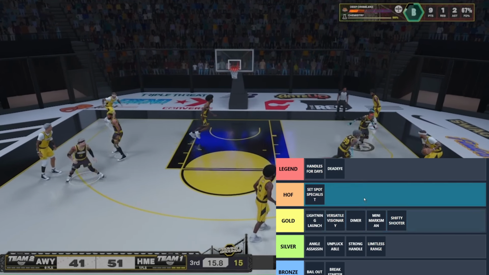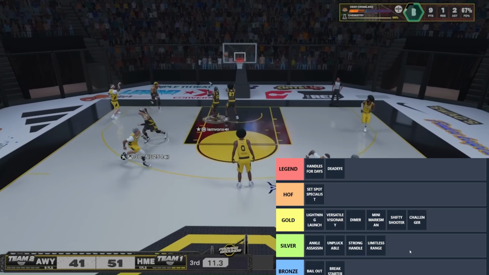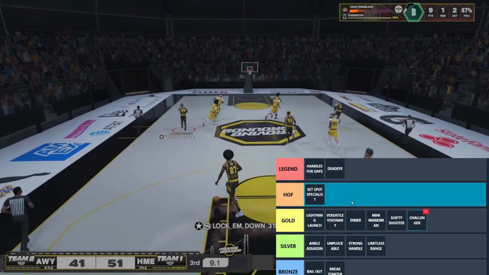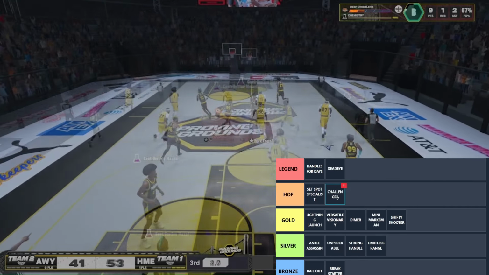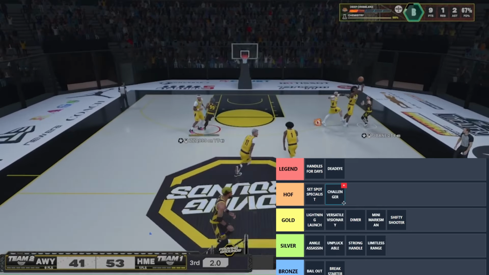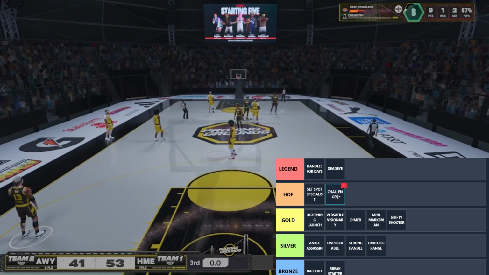Challenger, oh my god, Challenger. Honestly, I would say gold. I think gold is the sweet spot, but I'm actually going to put it at Hall of Fame because Challenger is a very, very broken defensive badge. And I think it is just one of those things that if you can get it as high as possible,